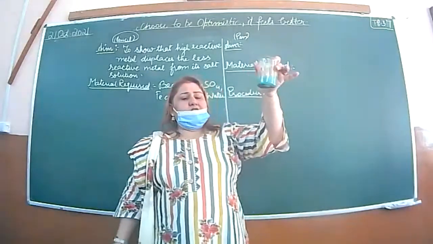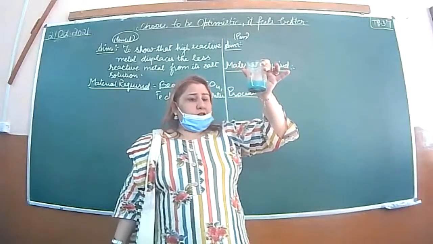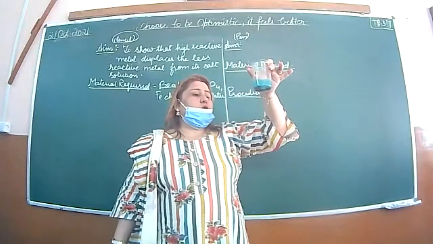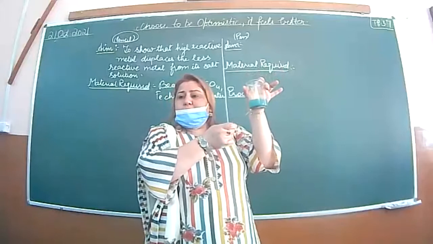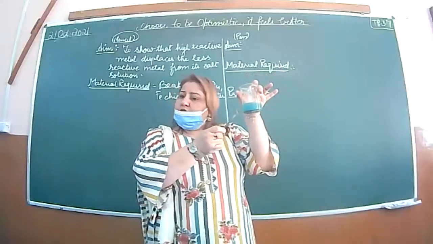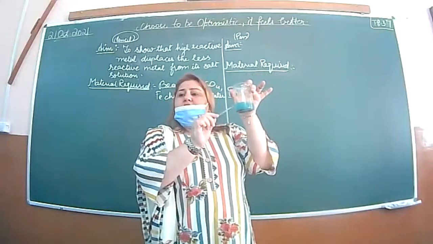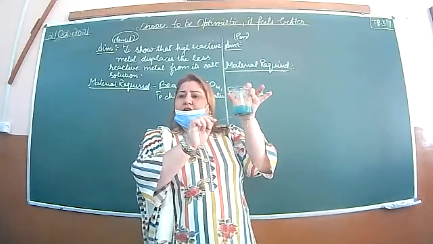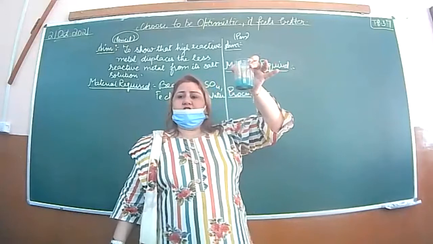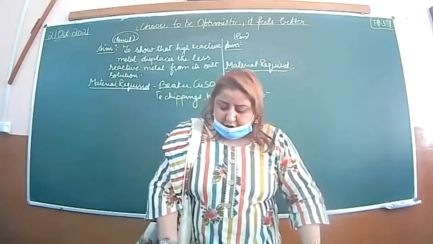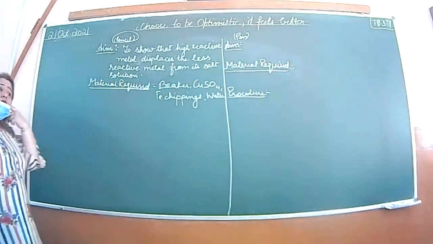Right? What is your observation? Now you can see the change. What is your observation? We will observe that the color of the solution changes from blue to green, and the color of this iron chippings changes to copperish. Okay? So actually what happened is that the color of the iron went into the solution, and the color of the solution went onto the iron. Okay? You can see the change. It's of greenish color. Okay? So that is our observation. Is that clear beta? Clear? Procedure clear for everyone? Okay?